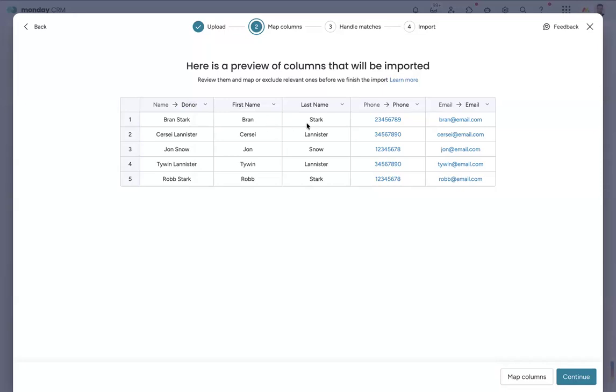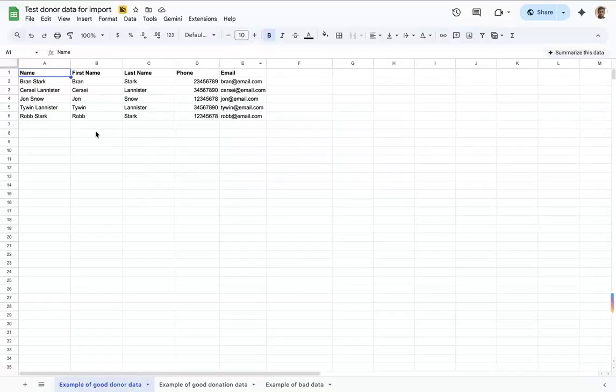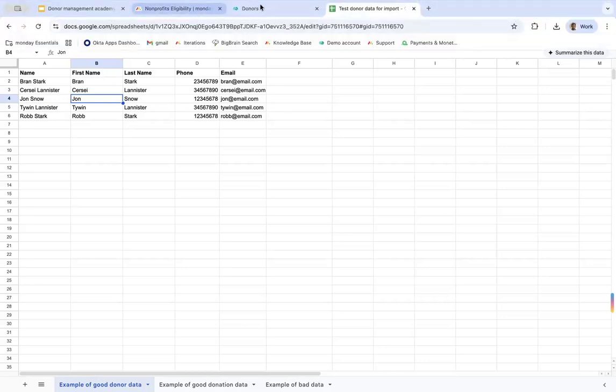Now, these two columns, we don't really have a place for that data in the Monday board. First name and last name. We added that here. It's advised if you have that broken down, because then you can use it for dynamic emails, for example. You can write emails saying, "Hi, John," rather than the more formal, "Hi, John Snow." Now, you could separate those out in Monday, using AI or formulas, but it's more complicated. And genuinely, if you've got data already that you're bringing in, it's sometimes just easier to do it here first. Up to you, but that's my advice.